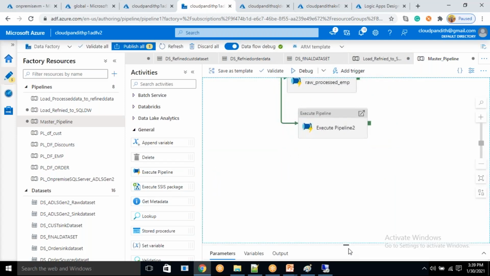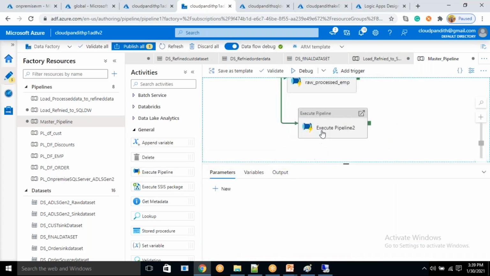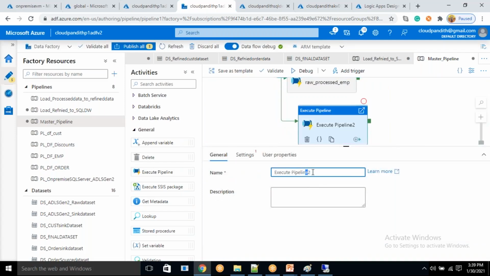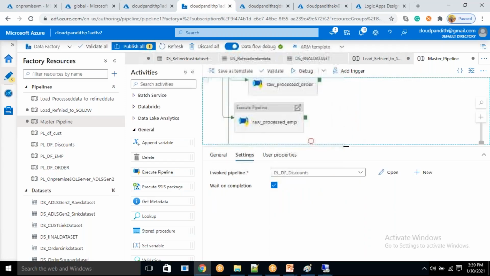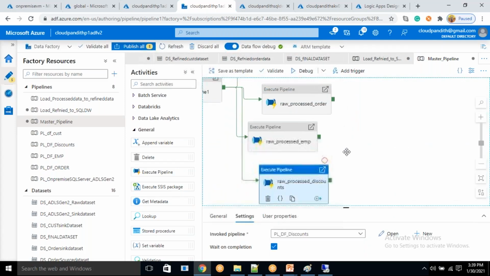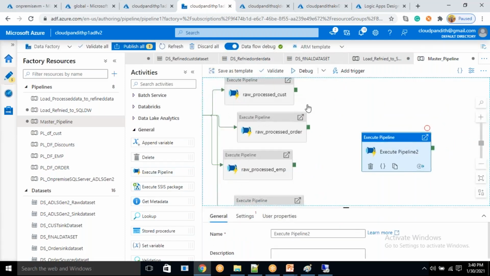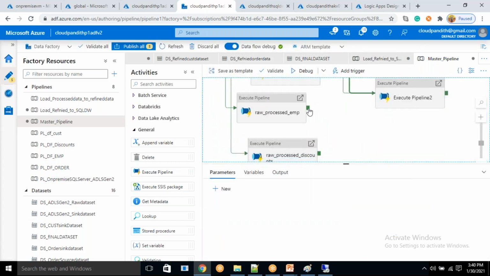Okay, so my final one is basically to copy discounts. For discounts, you need to select the data flow. Then once all these are executed, next is an execute pipeline, so once all these have succeeded,